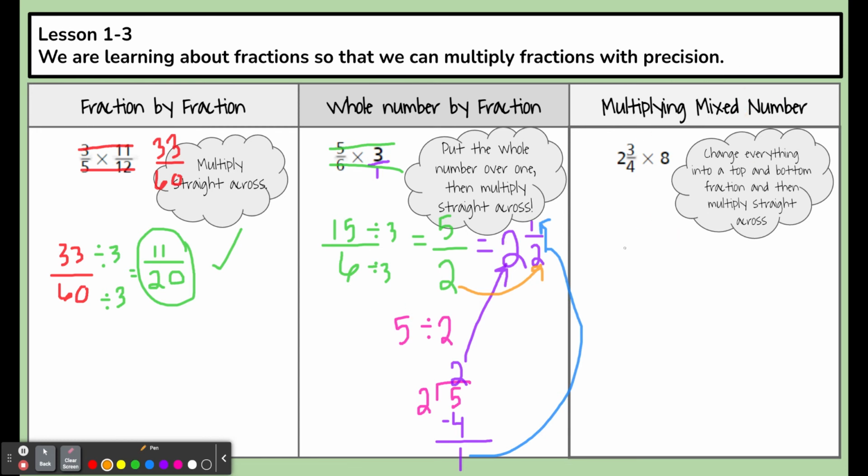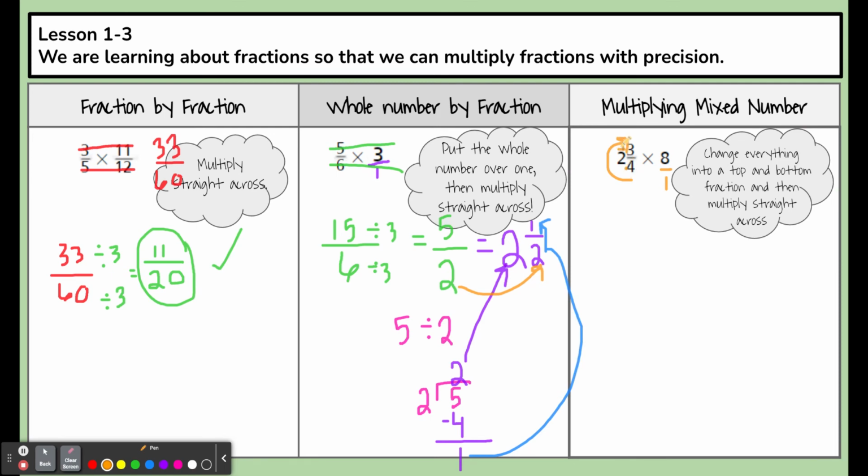This last one's still a little bit different because in this problem, I have a mixed number. All right, so my rule's not so easy here. I can't just multiply straight across because I don't have clear-cut tops and bottoms. I know how to make this 8 into a fraction. All I have to do is stick it over 1. But this guy's more challenging, okay? So the rule here is you're going to go bottom up, and you're going to multiply,